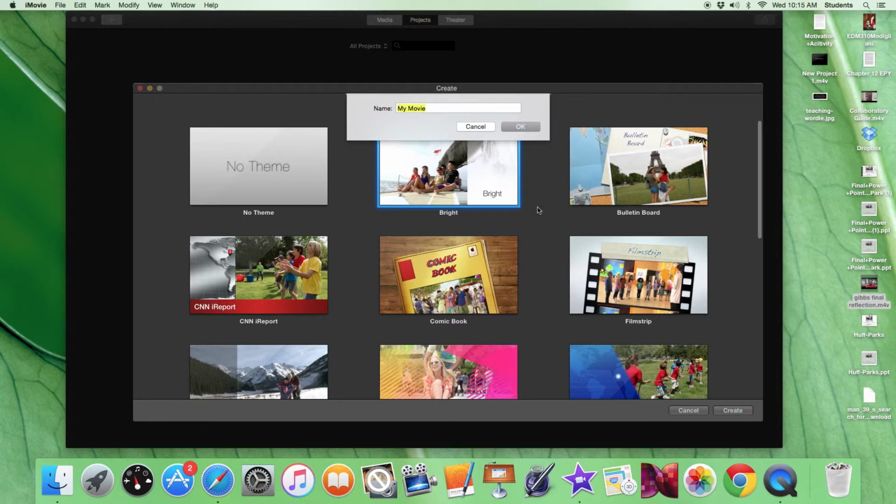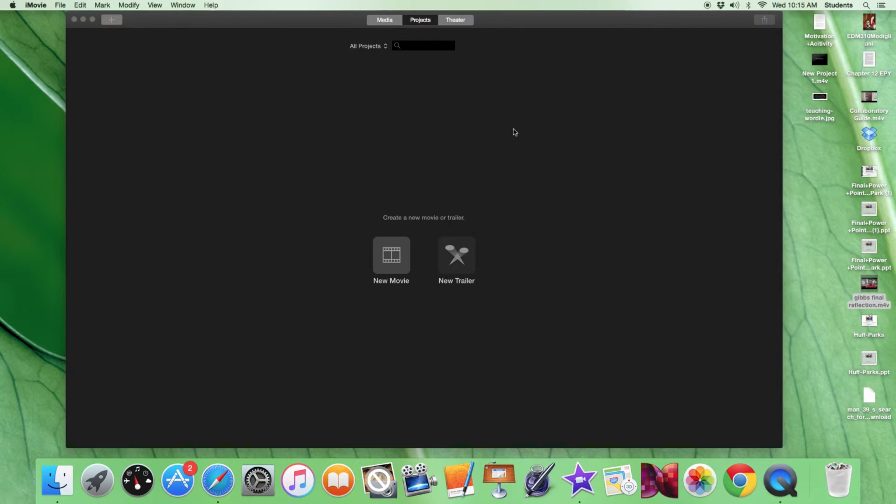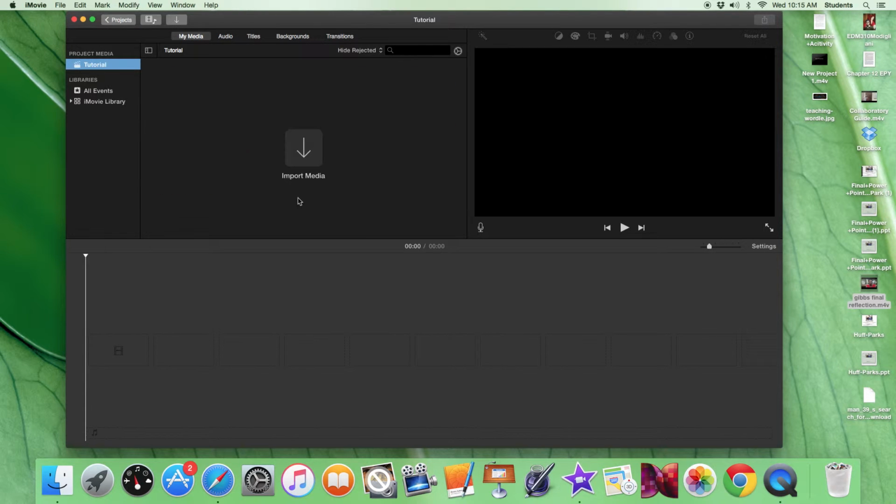Create. You're going to title your movie. So in this case, we'll do tutorial. Okay. So there's two ways you can import your media. This area down here is your editing bar. This is just holding your media. So you can either drag from the desktop